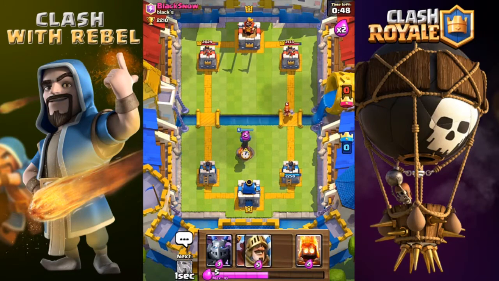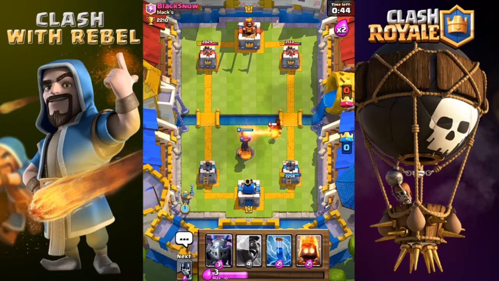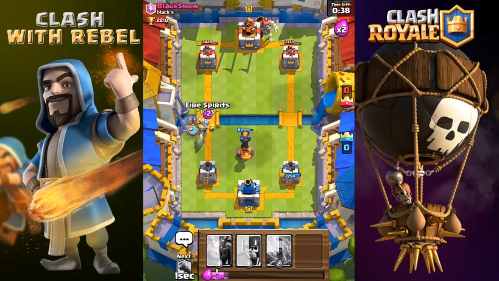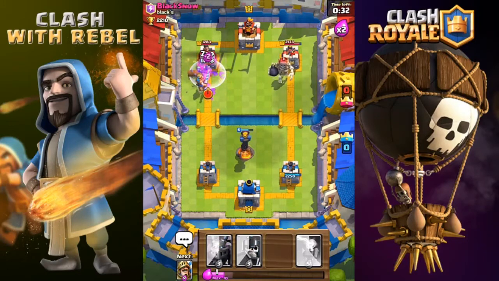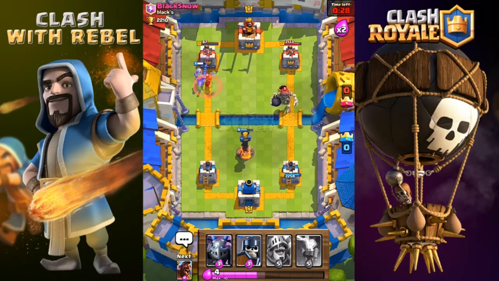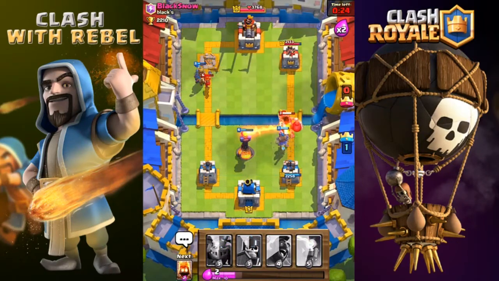So it's looking pretty even right now. I haven't really done much damage to his tower. He hasn't really done much to mine, and we still have around 40 seconds left. So I have this prince here on the bottom left, and Hog Rider and Fire Spirits. This is a very nice combo. So I'm gonna get the log down here and a zap. This is a pretty hard push to counter. Not many people have had that much success countering this push, but